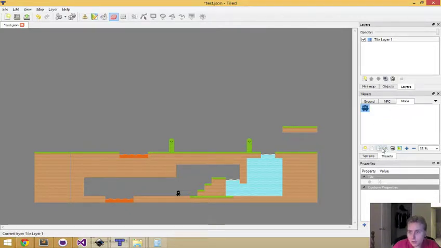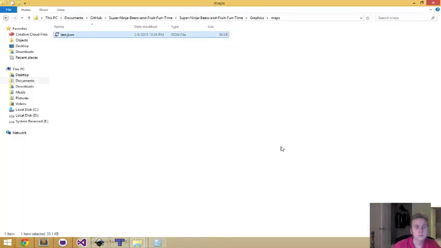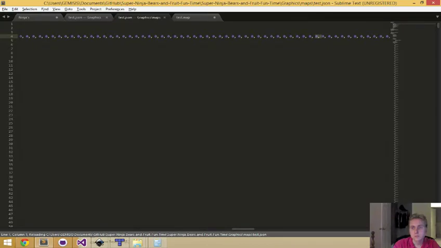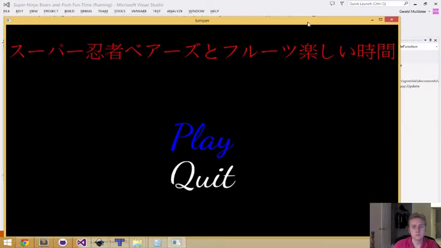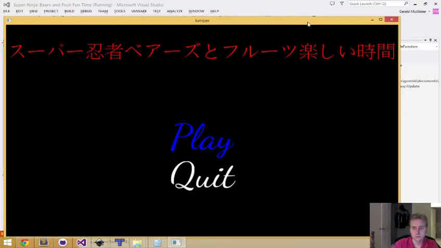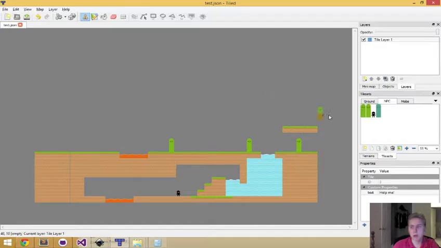Ah, there he is. Ta-da! You'll notice that they are all able to automatically detect their collisions and such. You know, we don't have to worry about things like,